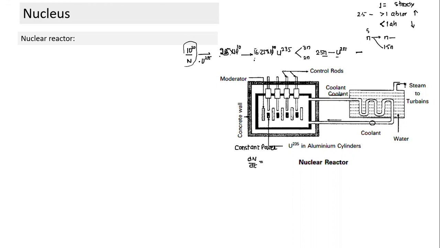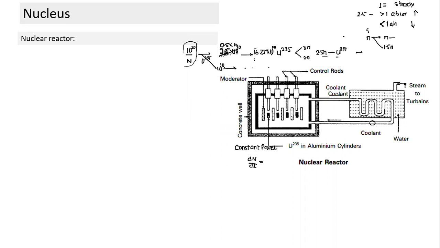But what if out of 2.5 into 10 to power 10 which are released, only 10 to power 10, the same number, only gets absorbed? In that case, the next step also, number of decay which will happen will be same as the previous one. Hence, the energy released also will be same as previous one. What happens if only half of them get absorbed? Then the number of neutrons becomes lesser, next step even lesser. The nuclear reaction will keep slowing down. It will come to a stop.